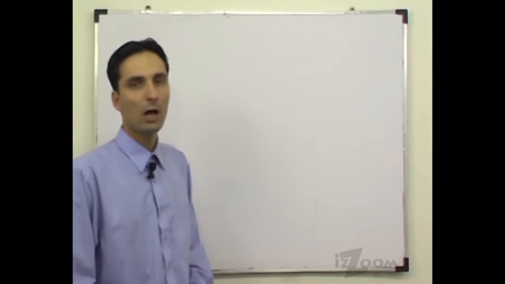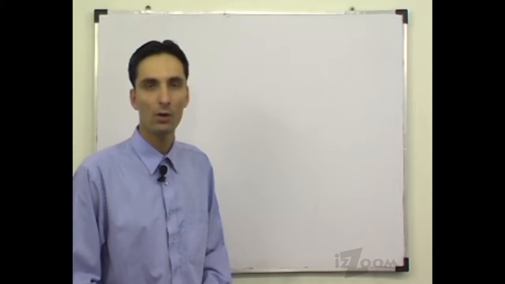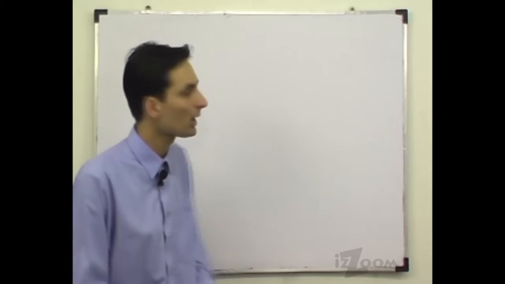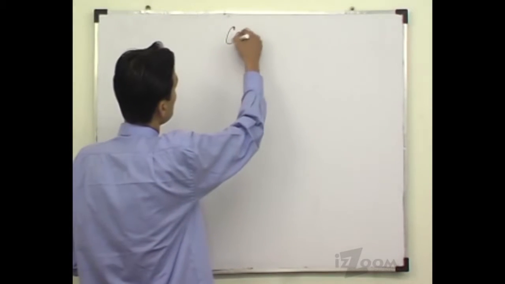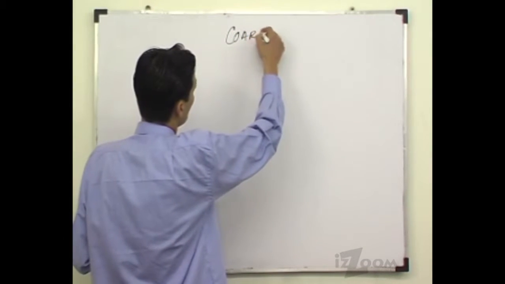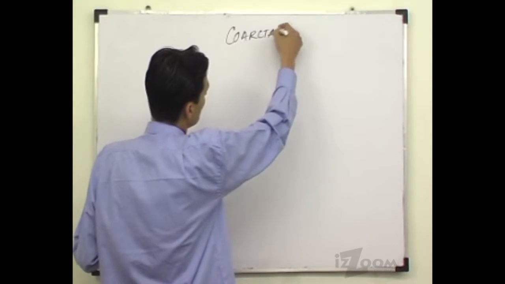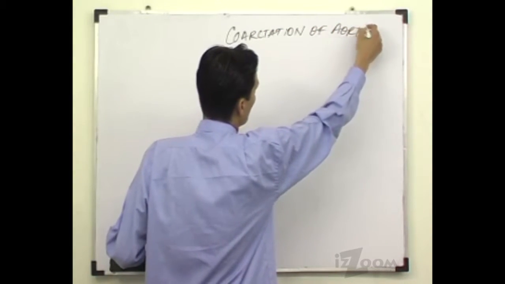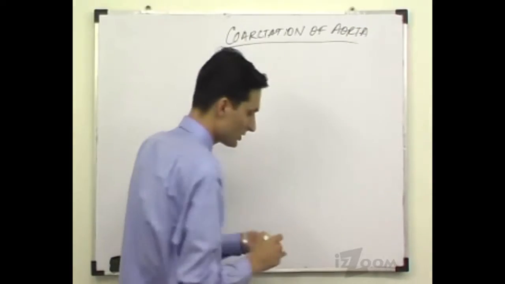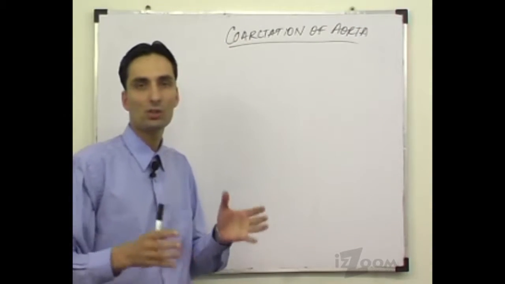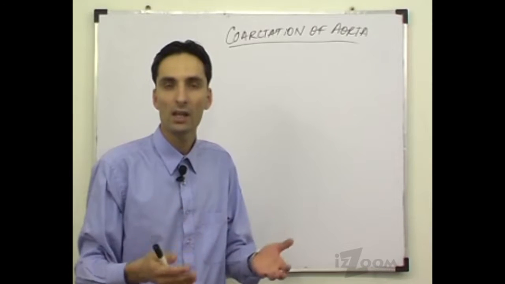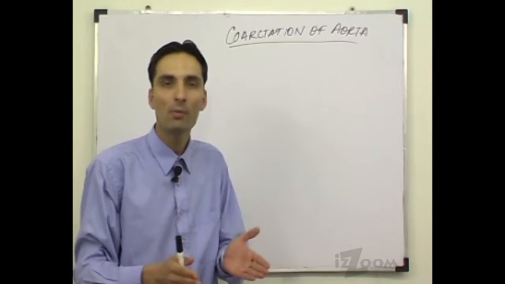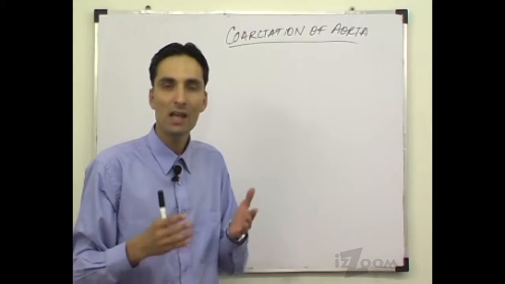Now we're talking about coarctation of aorta in the pediatric cardiology section. Coarctation of the aorta basically is constriction of the aorta at any point, but most commonly in about 98% of the cases,